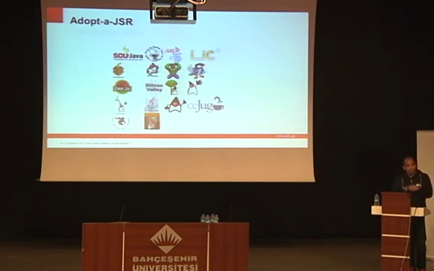As a matter of fact, this list is a little bit old, but there are about 20 JUGs around the world that are already adopting different JSRs. There are JUGs from South America, for example from Sao Paulo. There are JUGs from India, like Chennai and Hyderabad. There are JUGs from the US, like Silicon Valley JUG or Chicago or Houston JUG. There are several JUGs from the Europe region. There is a Belgium JUG. There are JUGs from Africa, like Congo JUG. So all these JUGs are taking a single JSR or a bunch of JSRs